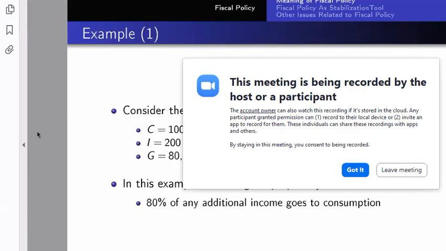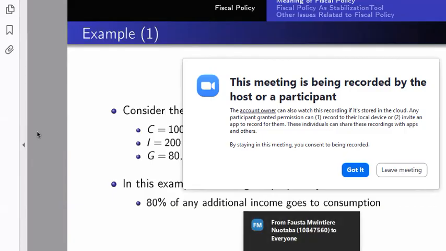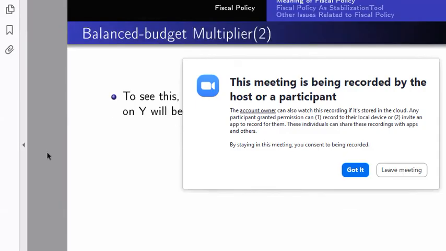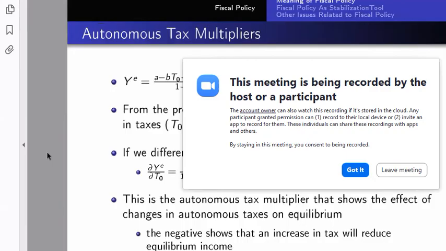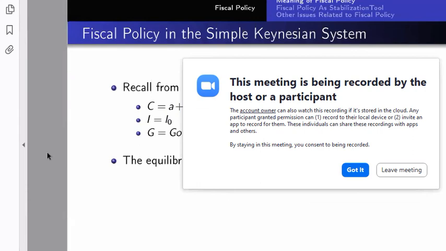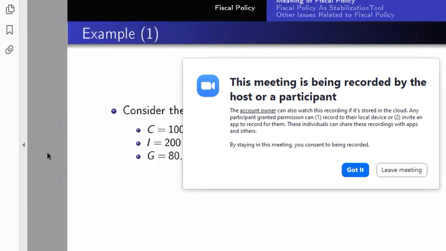You were given C equal to 100 plus 0.8 YD. And then investment was given as 200, government spending as 80, and tax was 70. Is this where you want me to go over again? We should start with the computation before coming to the question. This is the computation; there's no question behind anymore. The other ones are. So let's start with this specific example.